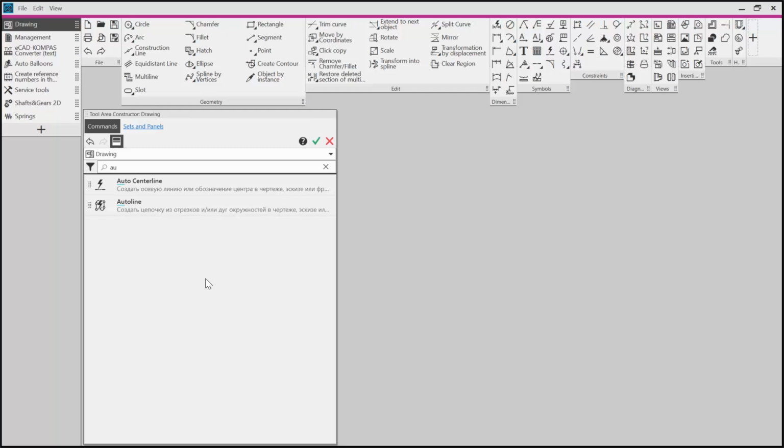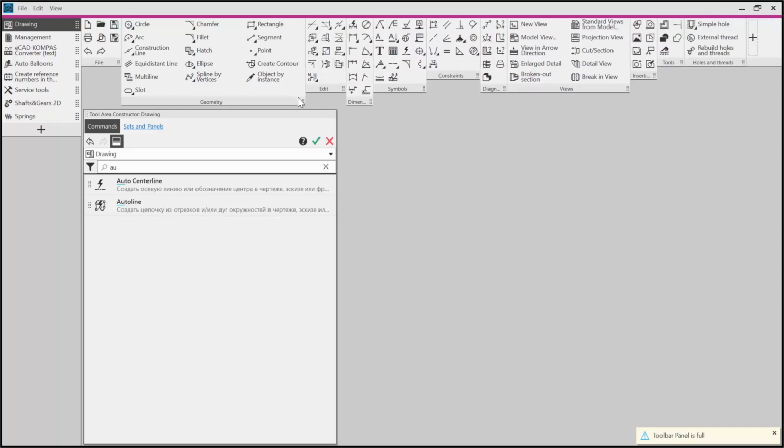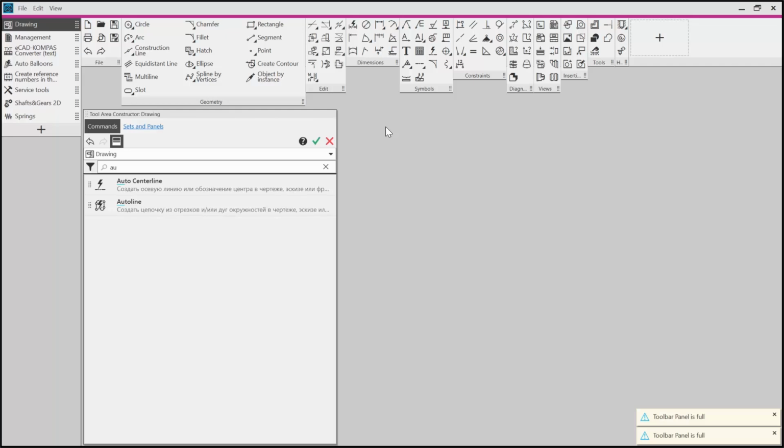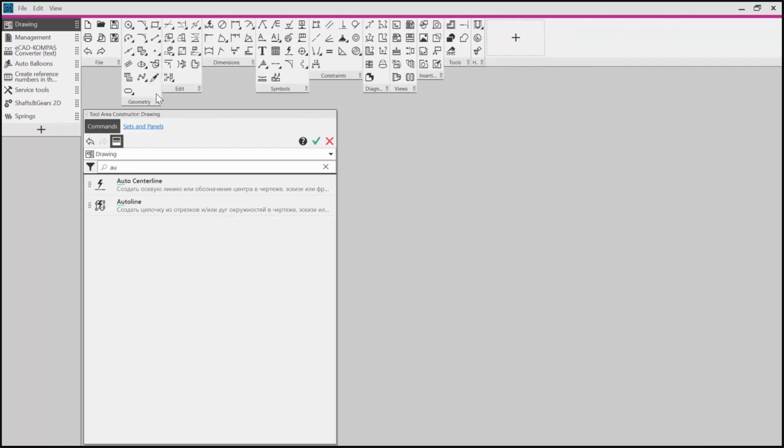When customizing commands in the toolbar, you can right-click on the toolbar and select Show all commands on toolbar. The Geometry toolbar has too many commands to fit in my panel. I'll use the Dimensions command to demonstrate how this command works. The toolbar's width has been increased, and all the hidden commands are displayed. I can do the same with the Geometry toolbar if I shrink it first.